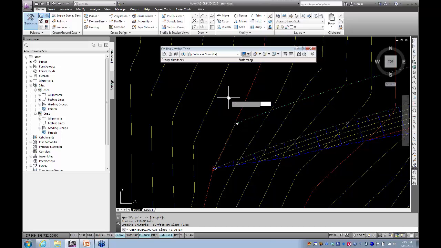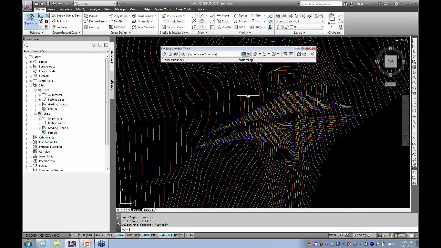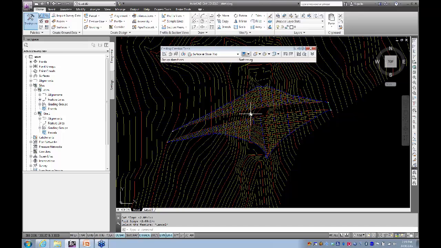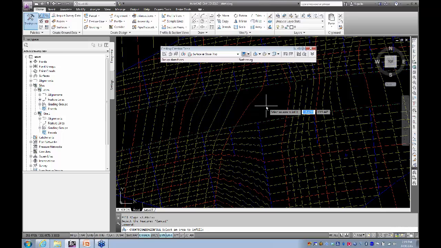And let's make that also go with the defaults of 2:1. Last but not least, we want to fill in the gap in the top of that surface. So we go and create an infill, and you can see when you move your cursor over a closed polyline, closed feature line, it highlights, and just click in there,